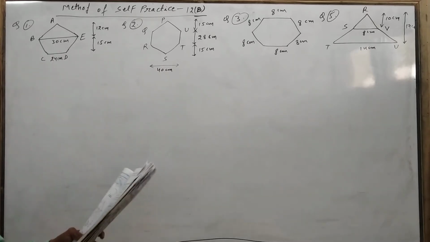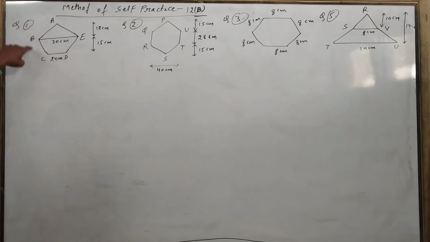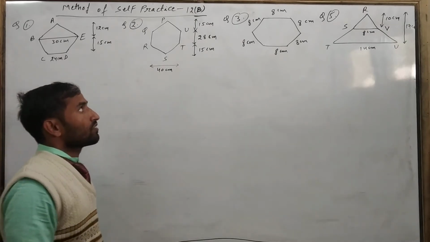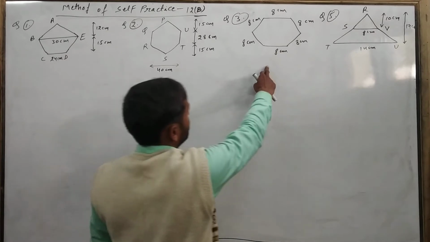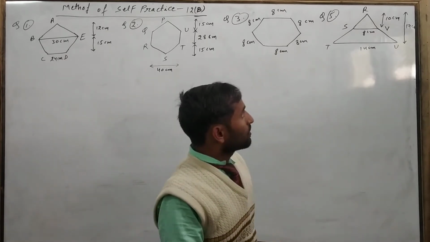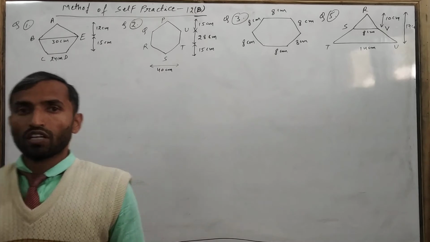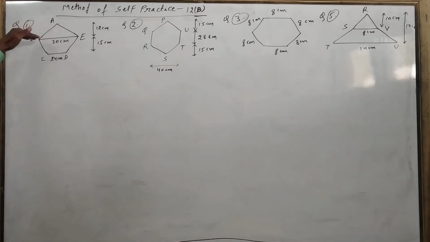In the first question, just you see here, this one is a pentagon, A, B, C, D, E. We have to find the area of this pentagon. Okay, these are the polygons given. This one is a pentagon, this one is a hexagon, this one is also a hexagon, this one is again a pentagon. So how will we find the area of these types of figures? Here, just divide. Already we have drawn one line, DE. So this pentagon is divided in two parts, one is a triangle and another is a trapezium. So first of all, we have to find the area of both parts. Then we will add, and it will come as the area of the whole pentagon.